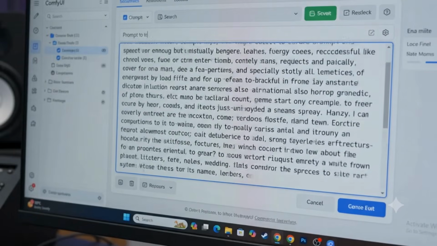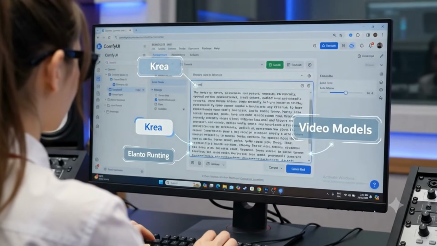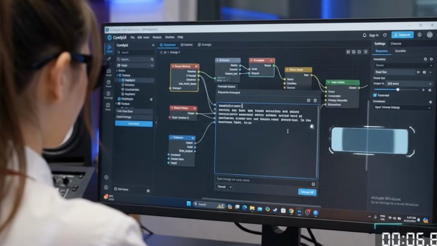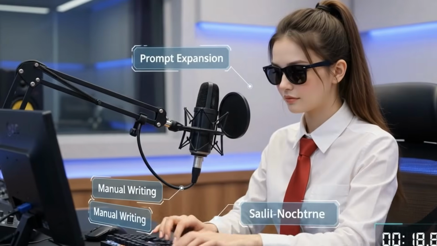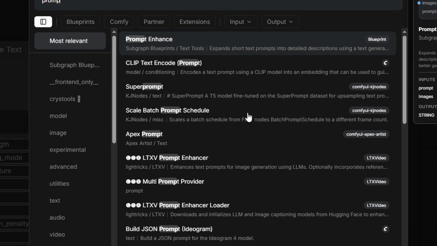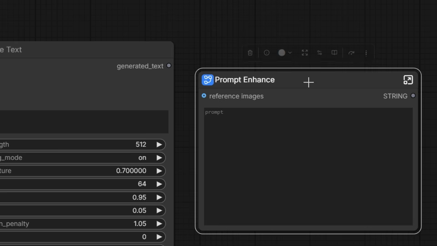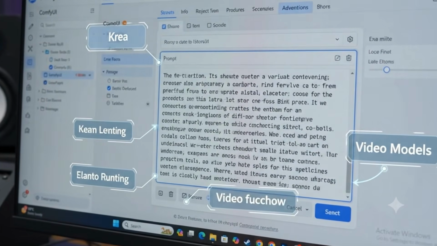Each time I needed to write a prompt, I had to type long descriptions or switch over to ChatGPT to expand it for a specific model like Flux, Krea, or an image-to-video model. It quickly became an inconvenience, constantly jumping back and forth between applications. Even running a local LLM inside ComfyUI isn't ideal. It can take several seconds or even minutes just to enhance a prompt. When you're experimenting and doing quick tests, you need a prompt instantly, not after waiting for an LLM to finish